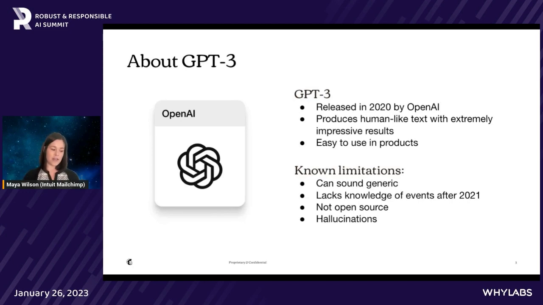And another concern is that it has a tendency to do what's called hallucinating, which is effectively imposing fiction in a way that looks like fact. This is totally understandable given the way that it's trained and what it's intended to do. But it is a concern for product teams, and specifically ones where facts really matter.